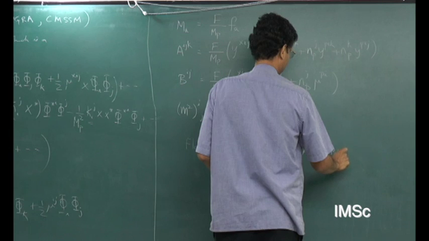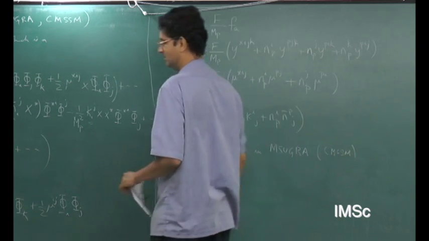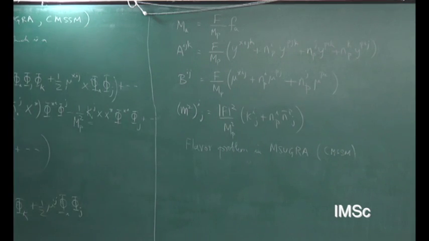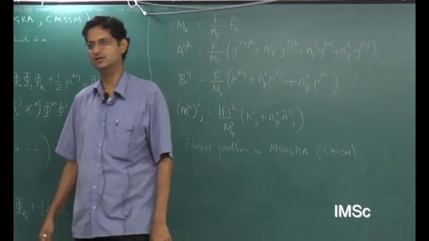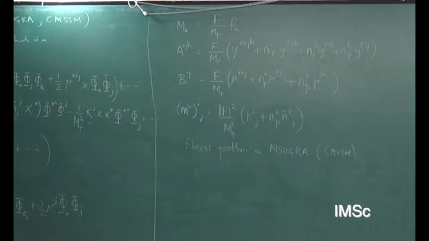No, they are the same. As far as I know, they are the same. There might be some small differences, but for practical purposes, they are the same. Yeah, it is to do perhaps with the boundary conditions, whether you impose it at the GUT scale or the gravity scale. So here, technically, you are supposed to impose all of these relations